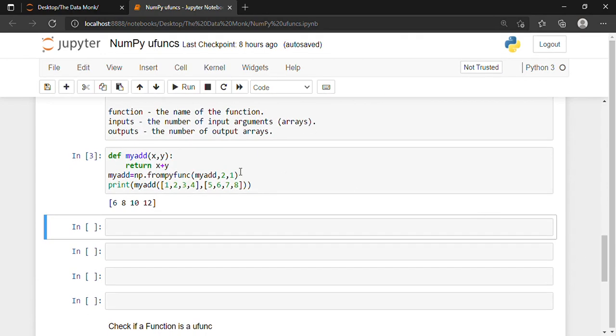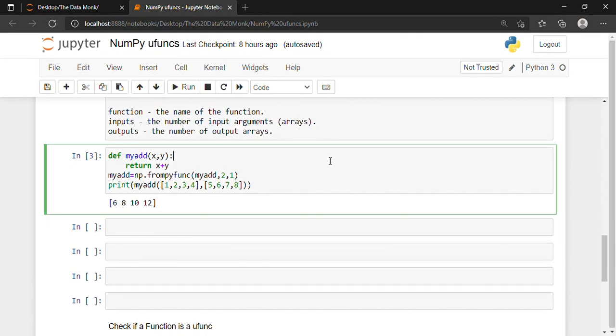Let me add a line of comment over here: we have created our own universal function.